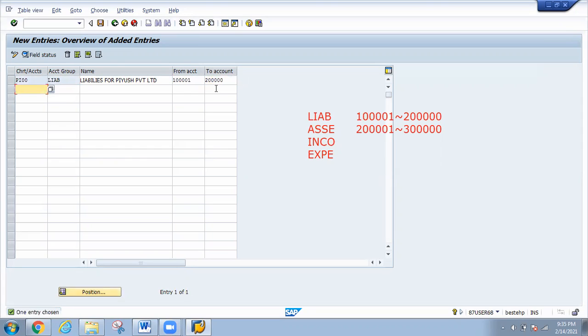This is for liability, and next one is for assets. The number range is 2 lakh 1 to 3 lakh.